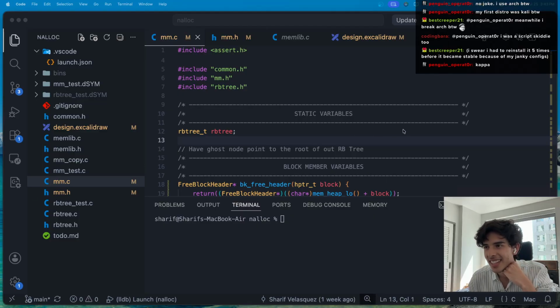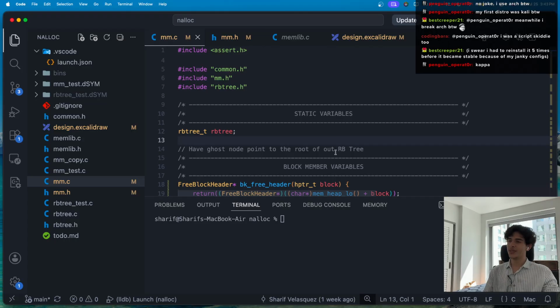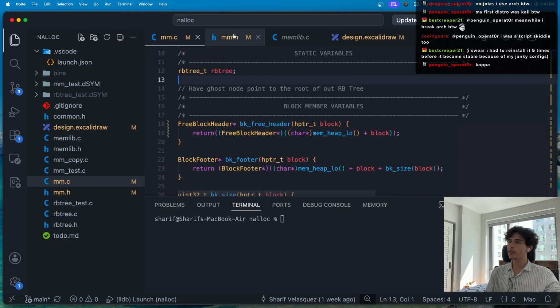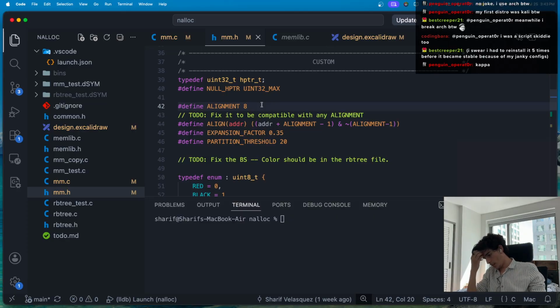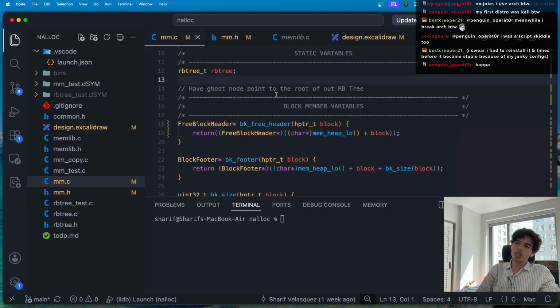Okay, so what do we need to do? We need to fight with the alignment gods. So we want alignment to be 8 bytes, right? But people, we have a little bit of a problem. And that problem is called the header. That problem is called the header because depending on what alignment you want,